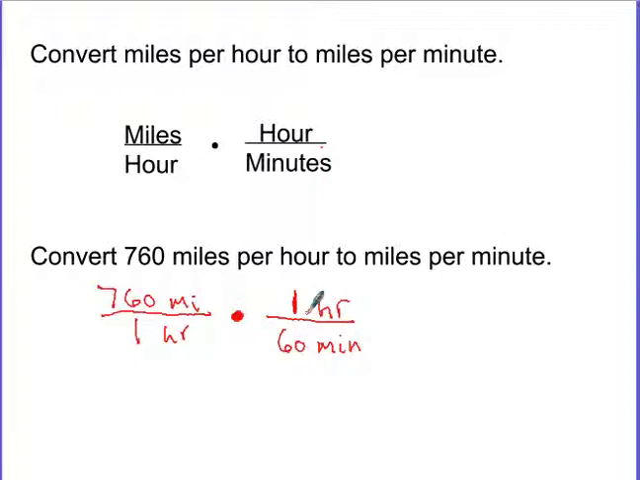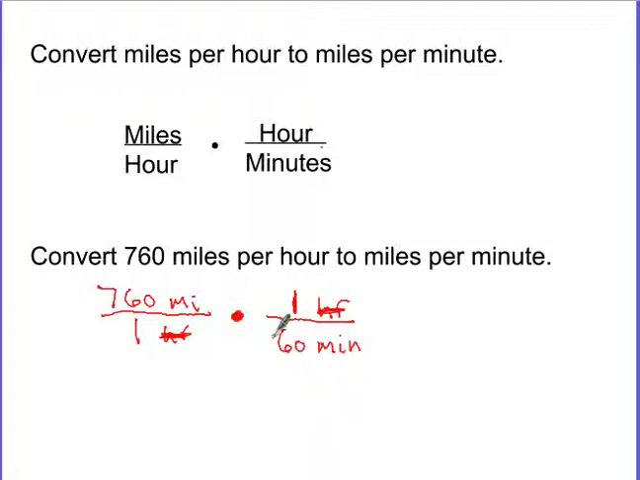1 hour and 60 minutes are the same thing. I'm not changing the value of 760 miles an hour. All I'm doing is changing the unit of measurement. It's still going to be the same speed. I don't change the speed, I just change the way that we evaluate the speed, if that makes sense. So here's how we can do this. We can cancel out hours,